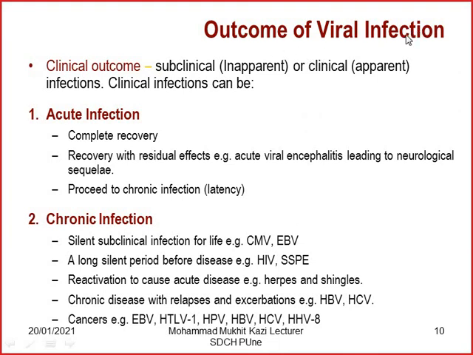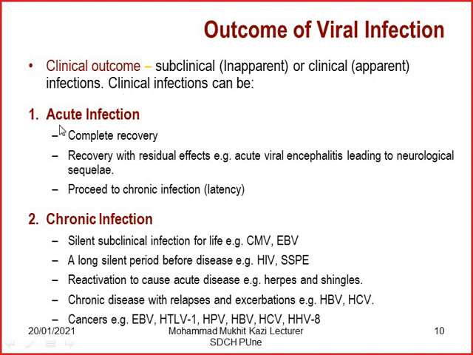What is the outcome of viral infection? Clinical outcome: subclinical, that is, inapparent. I have referred many times, we suffer from subclinical infection or inapparent infection. That is why we have some amount of antibody response. Even the antigen antibody reaction, serological reactions, we discussed this term, right? So we don't actually get infected, but if someone is infected in and around, through that subclinically you will also get infection or may not suffer from the disease also, but you have a certain amount of antibody response. But clinical, yes, you only get the infection which is apparent.